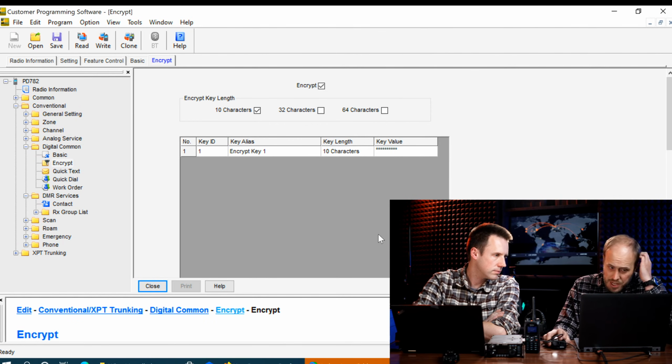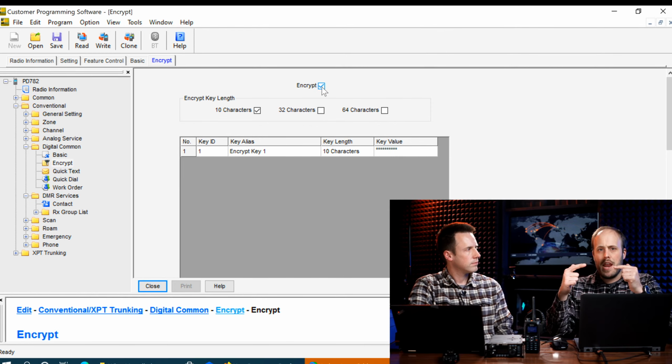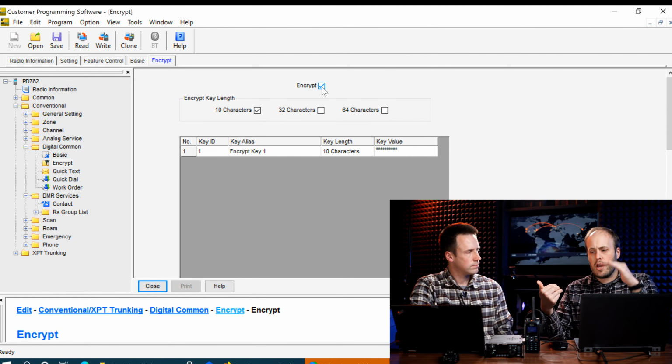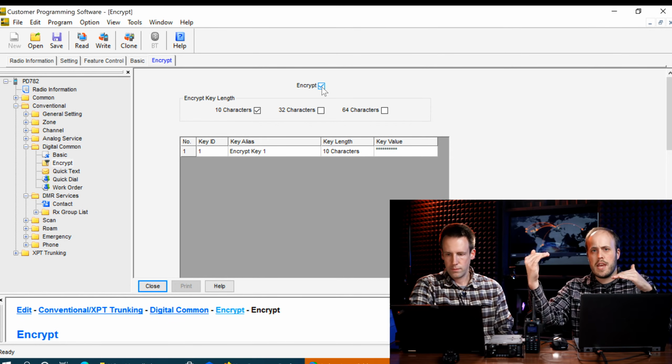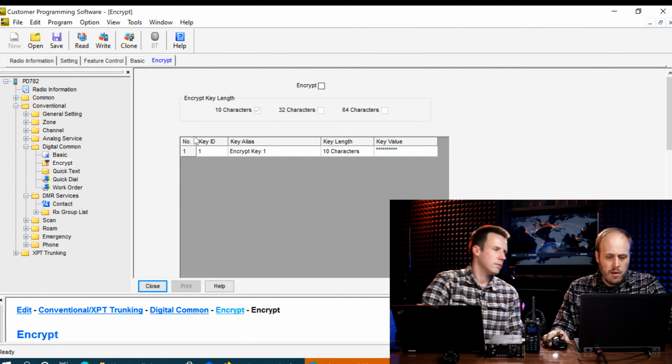You can add a whole bunch of keys, and with some radios, it'll actually randomly rotate through the keys. So you'll key up, it'll transmit with key number 7. The receiving radio hears that, looks through its library of keys and goes, oh, key 7 works. And now you can talk. But the next time you transmit, new keys, new keys, new keys. And so that's a little bit extra security, but we're not going to worry about encryption for now.